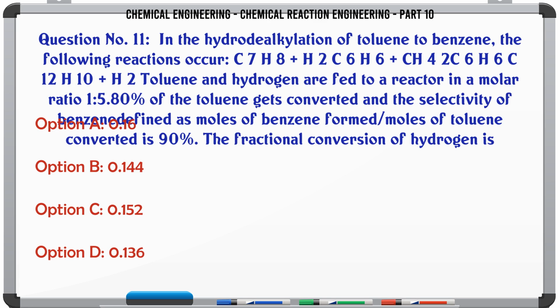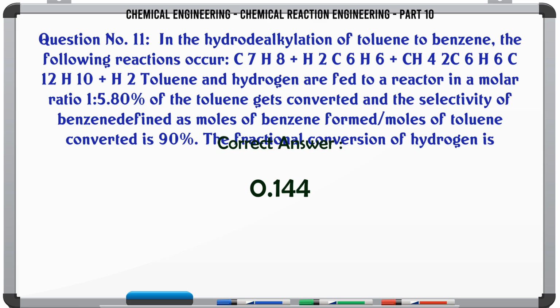The fractional conversion of hydrogen is: A) 0.16, B) 0.144, C) 0.152, D) 0.136. The correct answer is